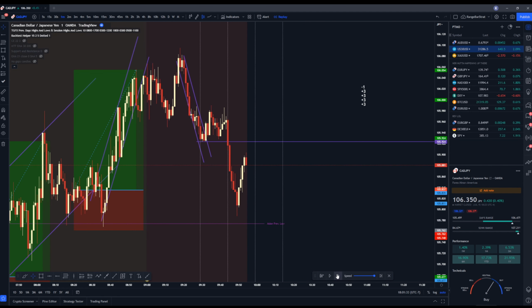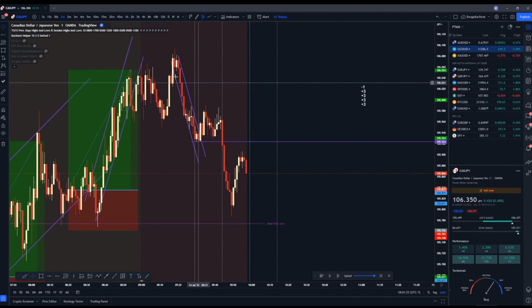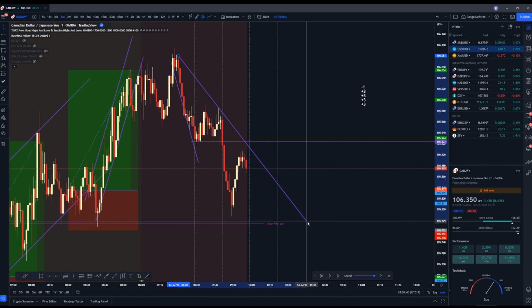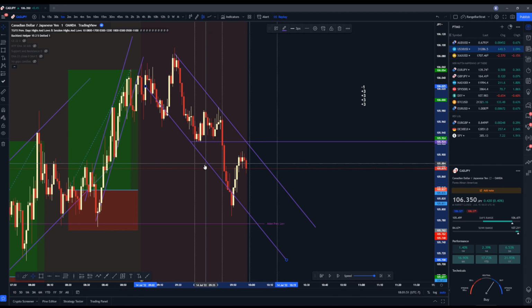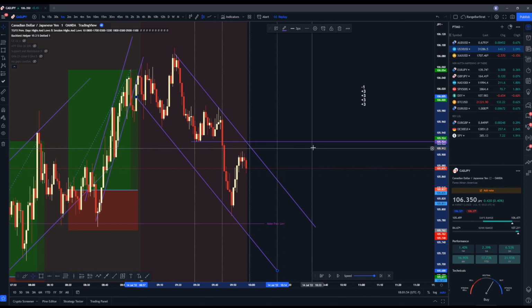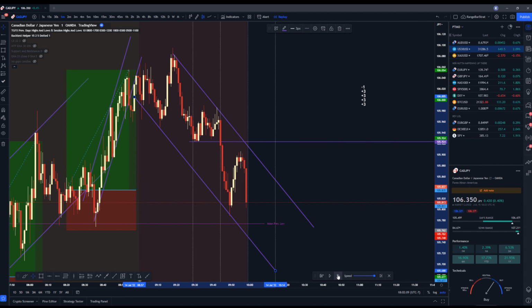Waiting for a pullback so I can draw a new trend. I'd probably do something like this initially. I don't know if this looks right, but we're going to draw out the other line and see if it matches, because we want it to be symmetrical. And that's about right to me. So we got 1, 2, and then this is 1, 2. So in theory, we're coming back up to the bottom of this whole area of supply. This is the higher time frame area of supply, and then we're going to go down.